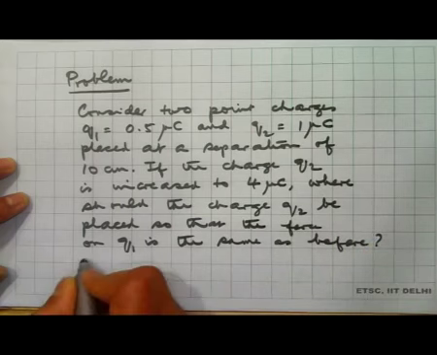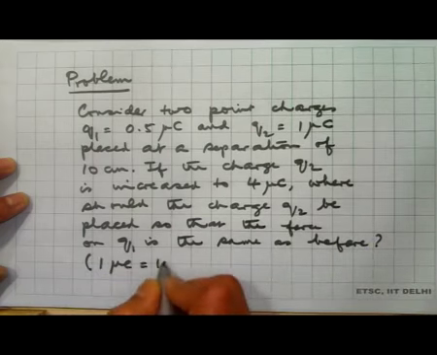One microcoulomb is equal to 10 to the minus 6